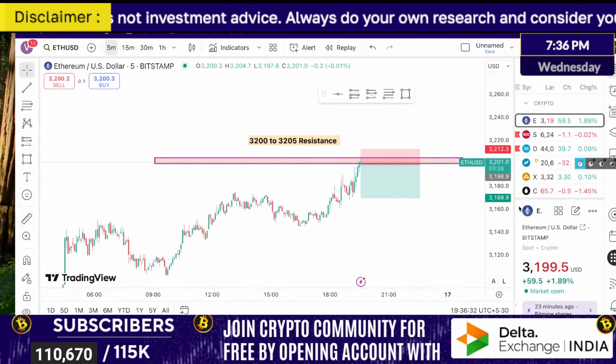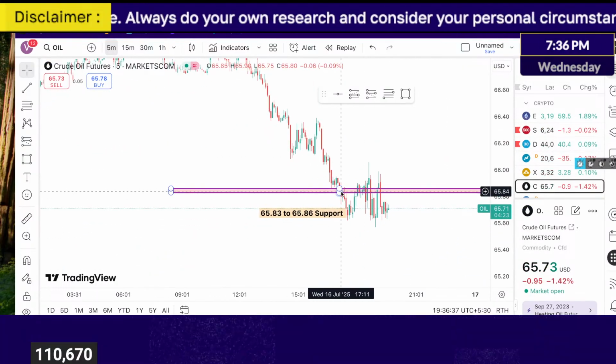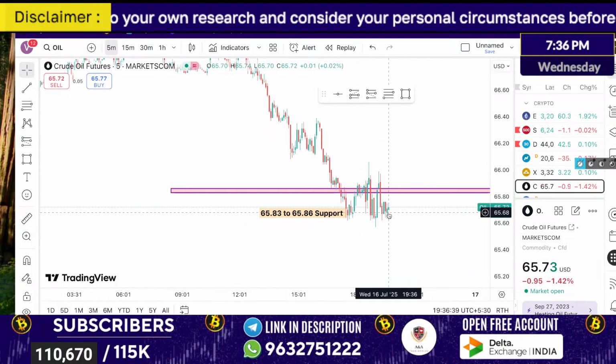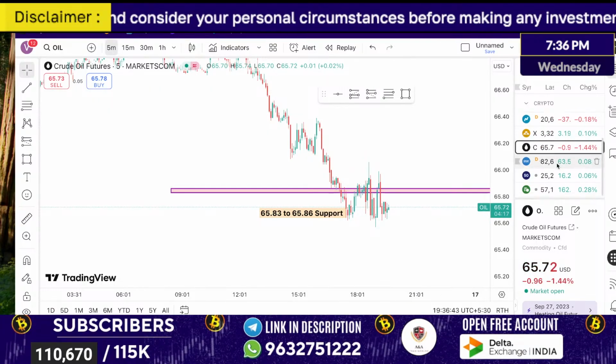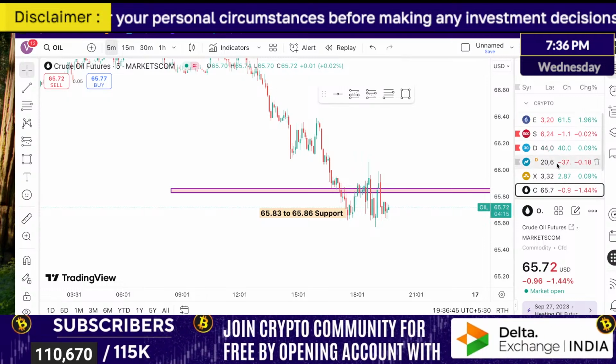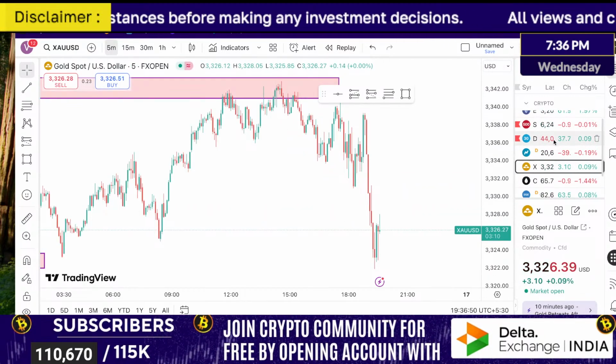As of now, bearishness. And oil is near the supporting zone, too much correction, but it's staying below the support. So no big trade here. There is news related to oil. When there is no specific news and things like that, please have a look. All right, so gold fine.